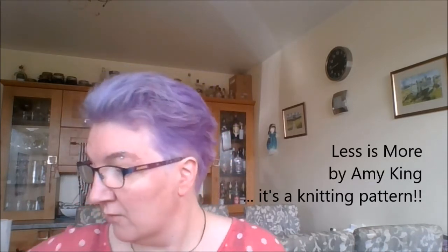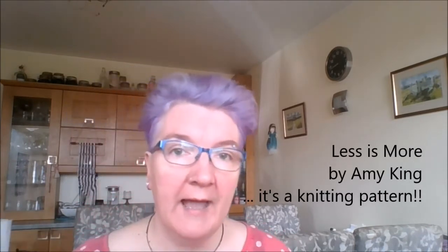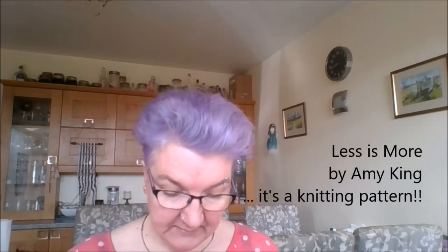Number 2, Less is More. So this is an Amy King crochet pattern for a cardigan, and I have been making it with hand spun and often hand dyed yarn. So I was on the sleeves, and this project is taking way longer than it should do really. But